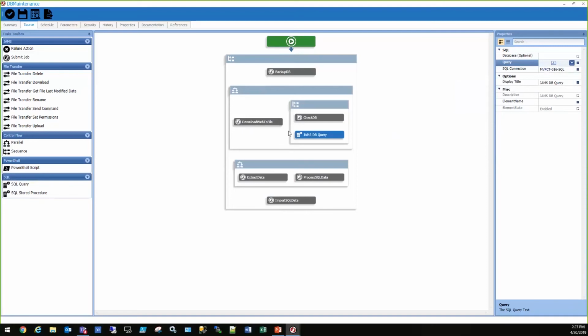So once these two jobs complete, JAMS database query and download web to file, I can then proceed on to the next parallel activity, which is going to extract some data and then also process other SQL data. And when all of that is done, the last step is to import that SQL data back in. So this is a great use case to explain how we can tie those jobs and processes together in a